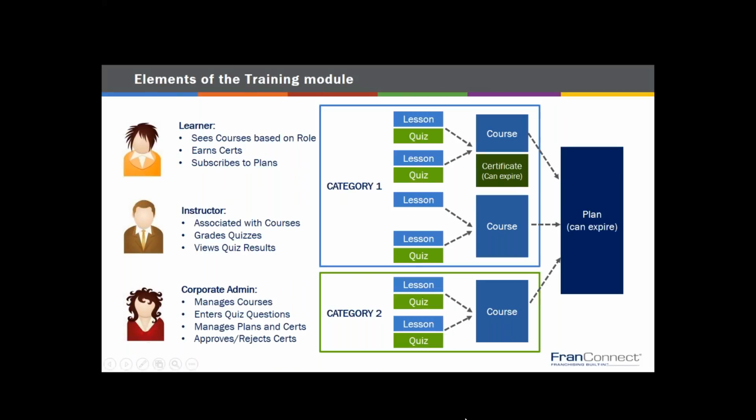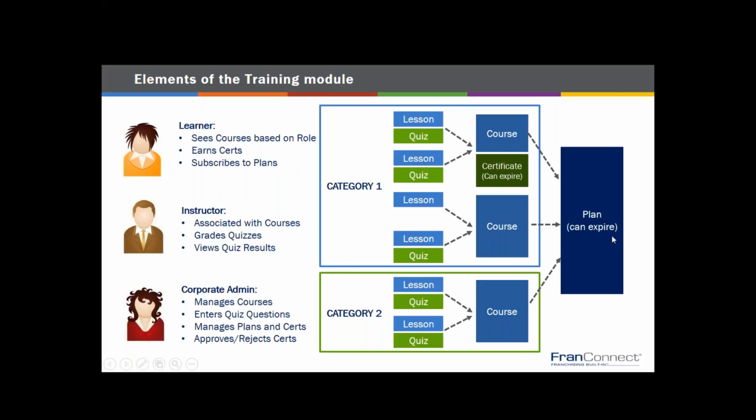So pretty much everybody on this call has seen this structure. I'm just going to remind you of it a little bit. The central unit of FranConnect education is the course. So we're always going to build the course, and then we're going to build the lessons and the quizzes inside it. Not every lesson needs a quiz, so some things can just be informational. And you can only have one quiz attached to a given lesson, but that quiz can be as long as you want it to be and can have as many things on it as you like.